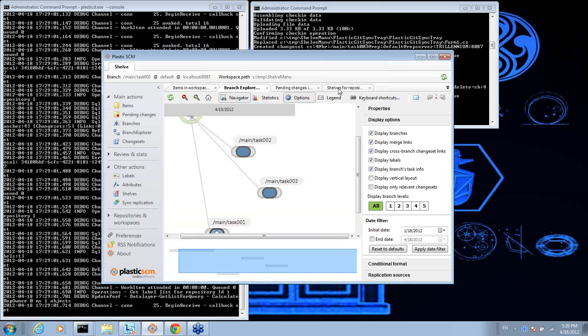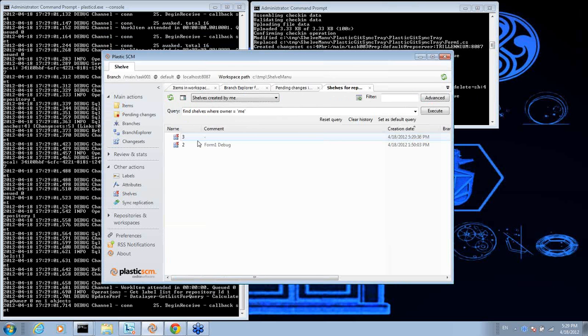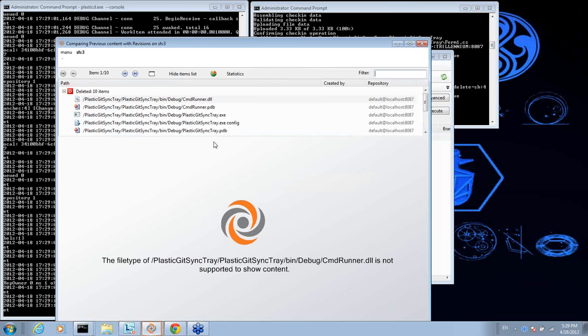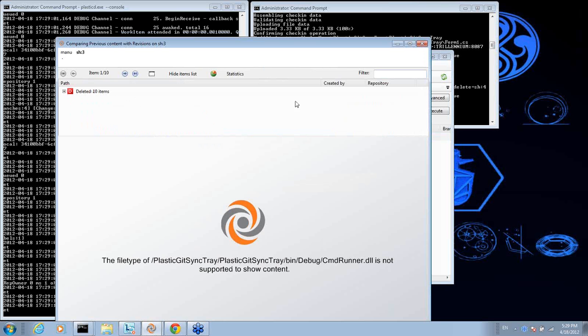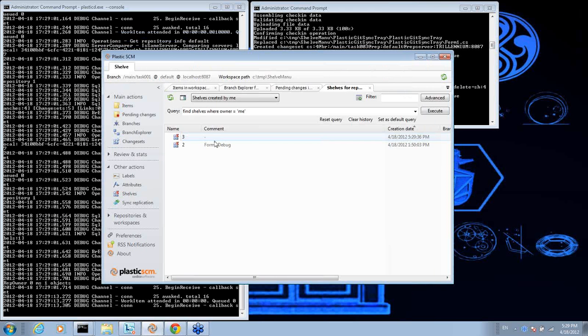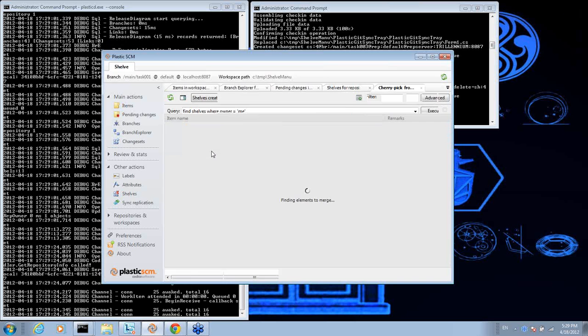Okay. So the shelf is applied to your workspace then? Yes. Right. Yes. And reapply the shelf in this other branch. Okay. I'm going to view to make sure. Here I have all the deleted items. So I want to apply this in my branch. I just click here, apply shelf in my workspace,